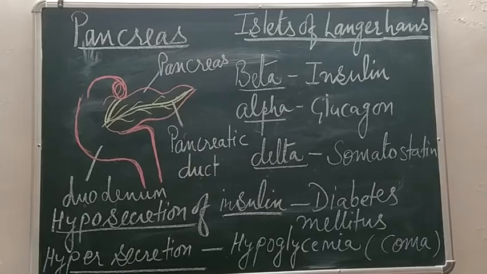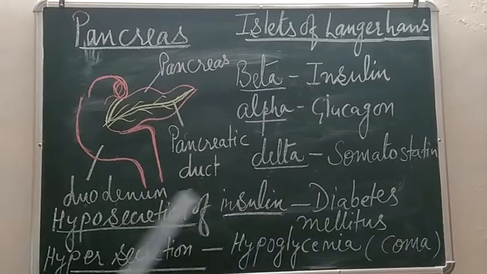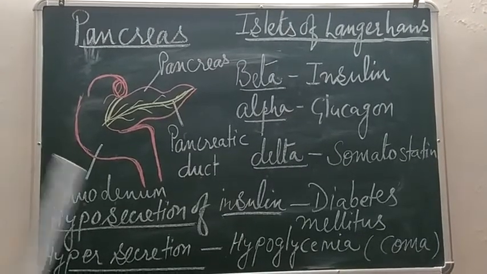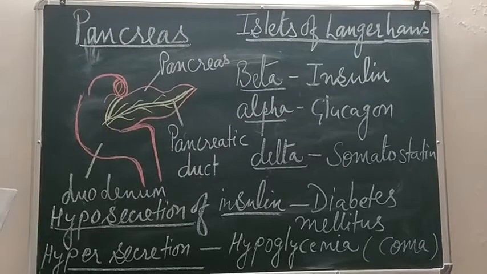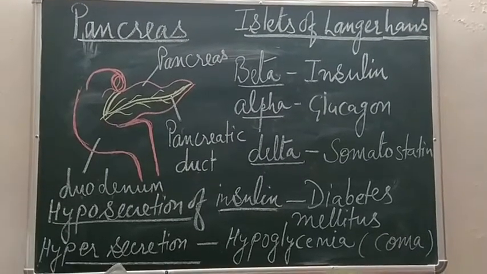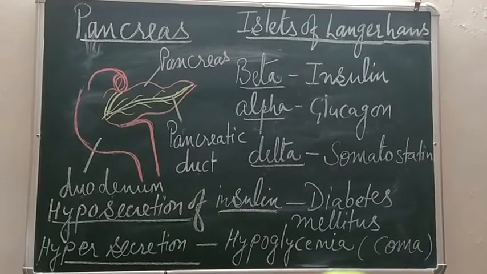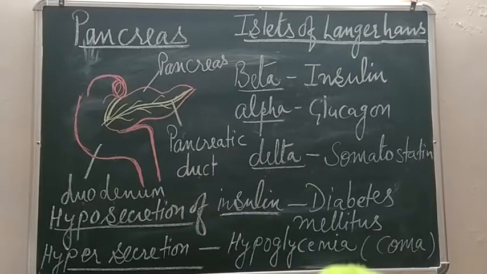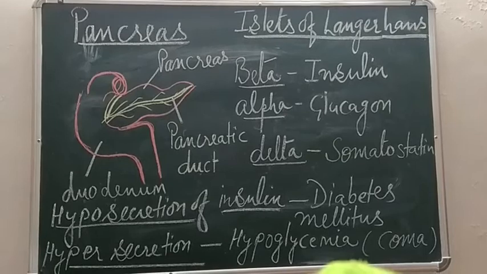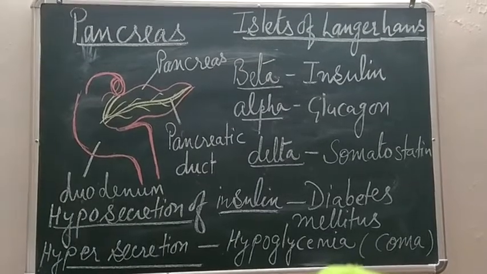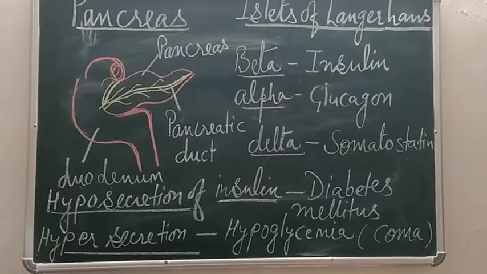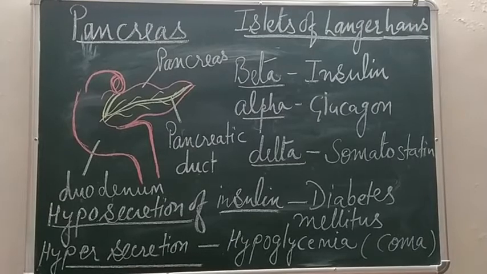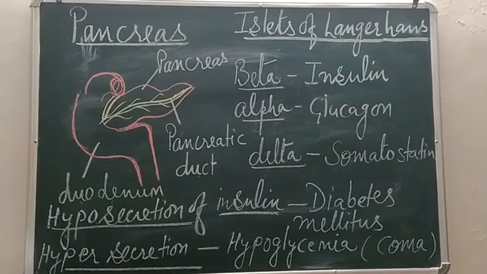What are the symptoms of a person who is suffering from diabetes mellitus? The person will have a high concentration of sugar in the blood, that is hyperglycemia. Secondly, he will have a great deal of urine which is loaded with sugar or glucose. That means glucose will be excreted through urine. A person will feel thirsty because there is a lot of loss of water through too much urination. A person will also lose weight and become weak. In certain cases, the person can also lose eyesight if the amount of sugar is more in the blood.